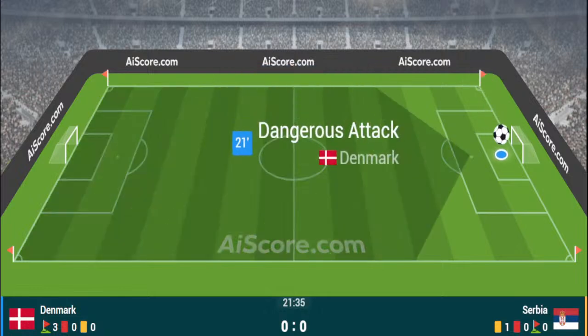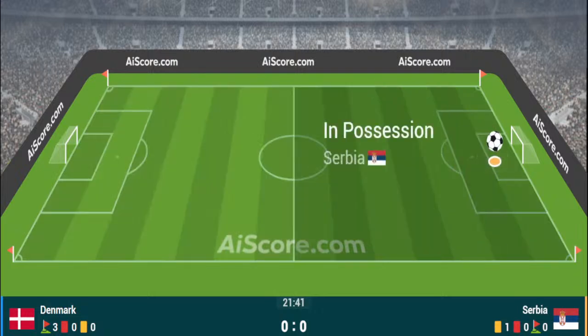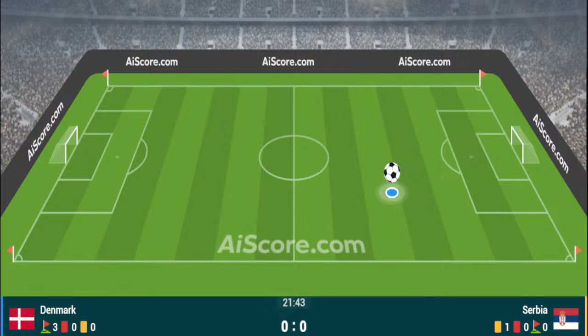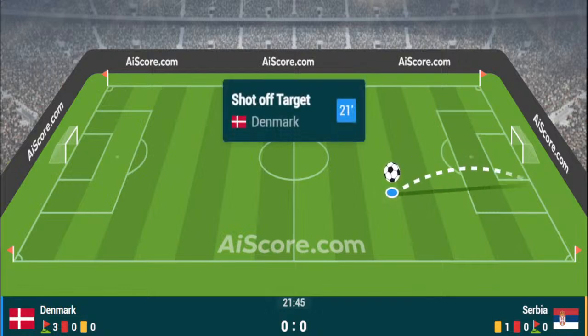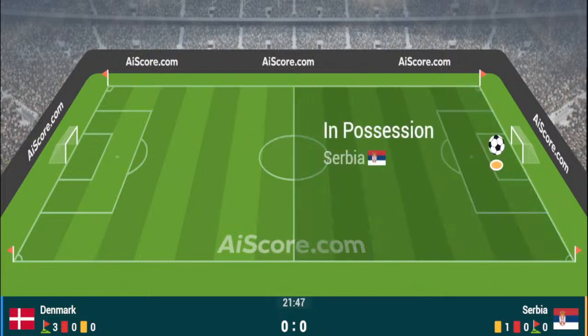Long ball now played forward for Denmark, and Serbia can only get it up rather now, just outside the penalty area now. Denmark do regather the ball, but the whistle has gone. It's going to be a free kick for Serbia just outside their own penalty area. I think it was the foul from Rasmus Højlund, and it is now Serbia who do have the ball. Serbia have given it away.